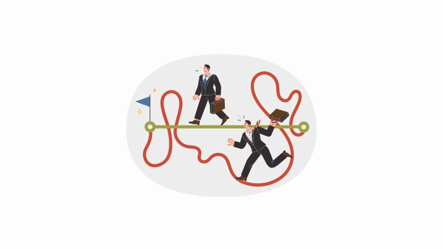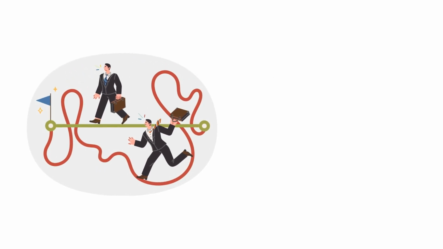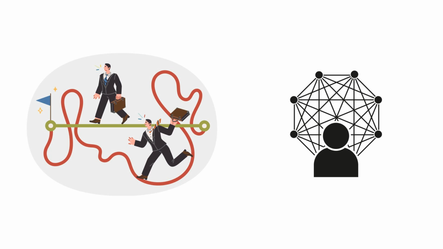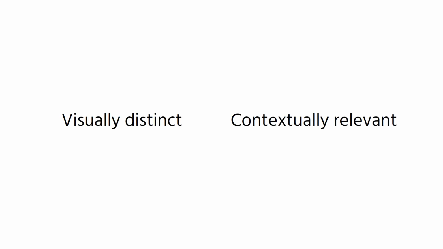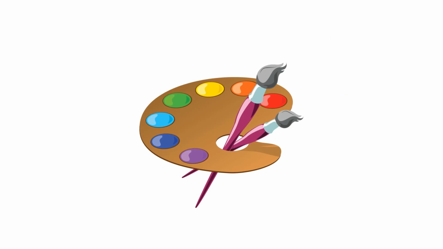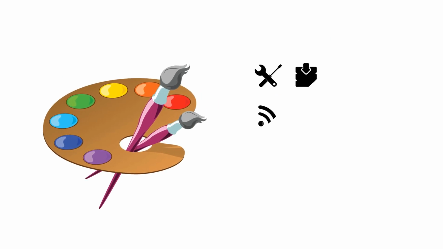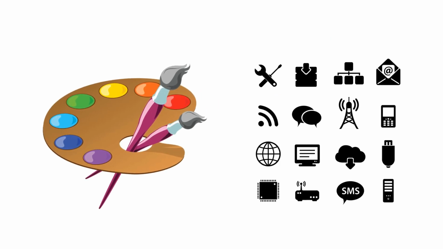This ease of identification is essential for enhancing usability, as it reduces the cognitive load on users by simplifying complex digital interactions. For a computer icon to be successful, it must be both visually distinct and contextually relevant. This involves simplicity in design. Overly detailed or complex icons can be confusing and difficult to discern at smaller sizes. Successful icons use a limited color palette and avoid excessive intricacies, favoring clean lines and recognizable shapes that users can